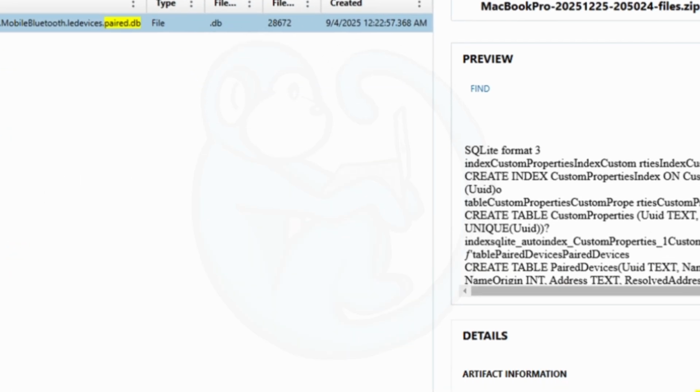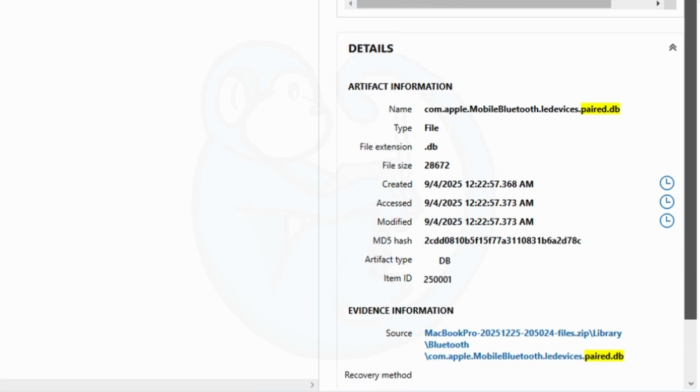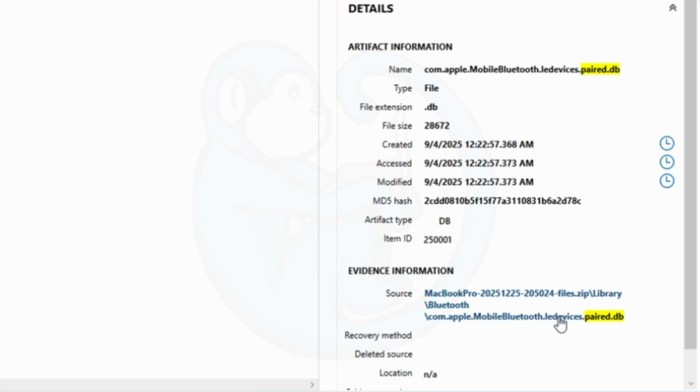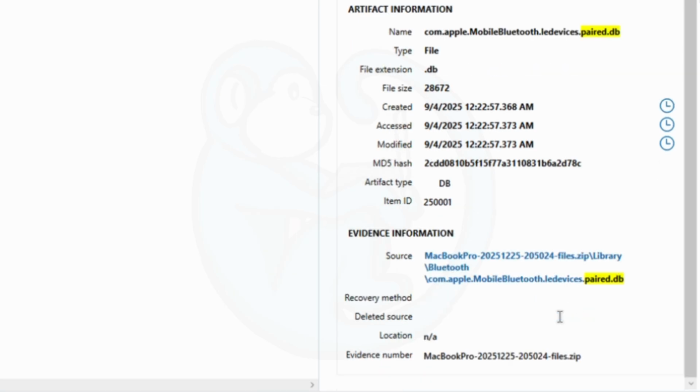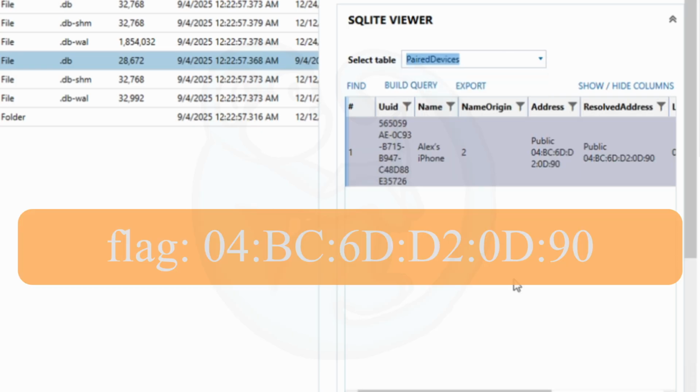And once the answer comes up, we can click into the file, which is under library Bluetooth, com.apple.mobile bluetooth.le devices paired.db. And then if we look at the paired devices table, we can see that the iPhone has a MAC address of